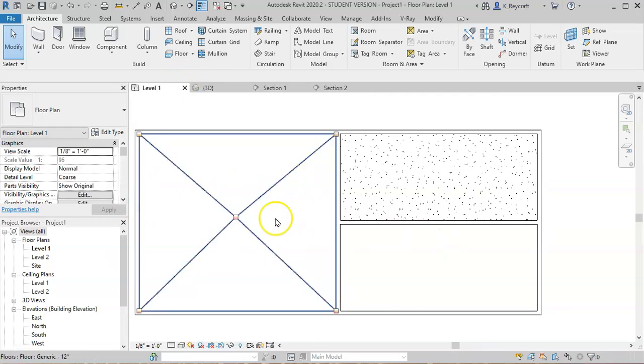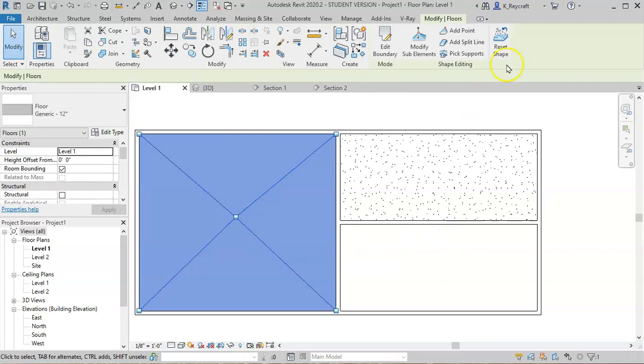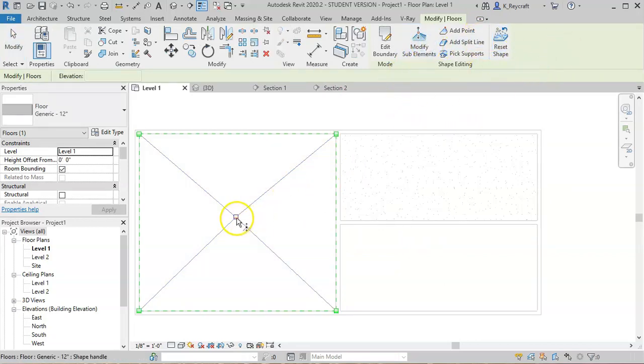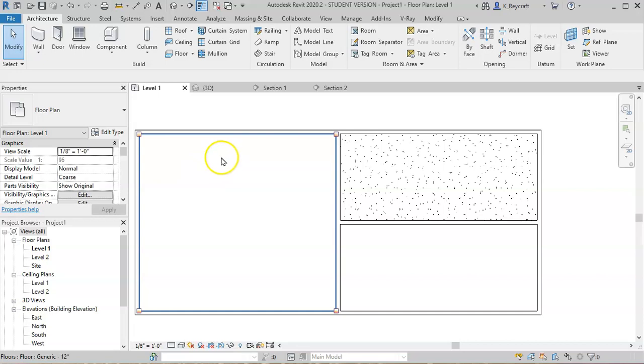If you do not want to have that slope, then you can simply select the floor, modify sub-elements, select the point here, and hit the delete key. The grips at the corners let you identify those corners at different elevations if you wanted everything to flow down to one corner. All right, so for the next thing I'm going to show you,